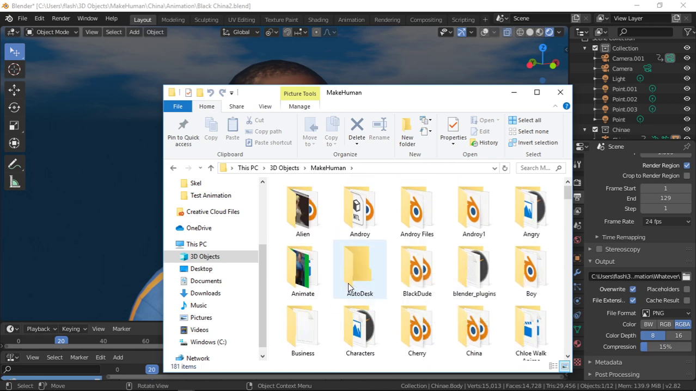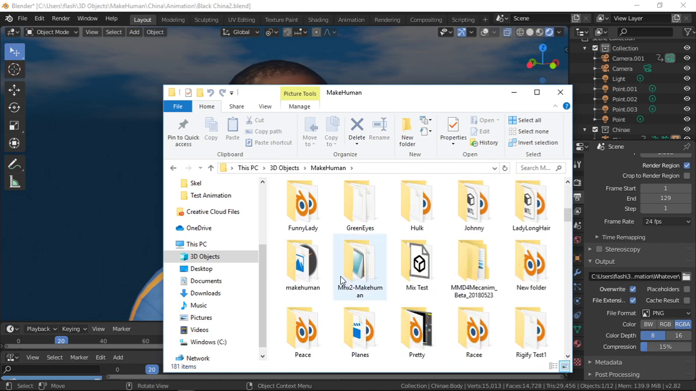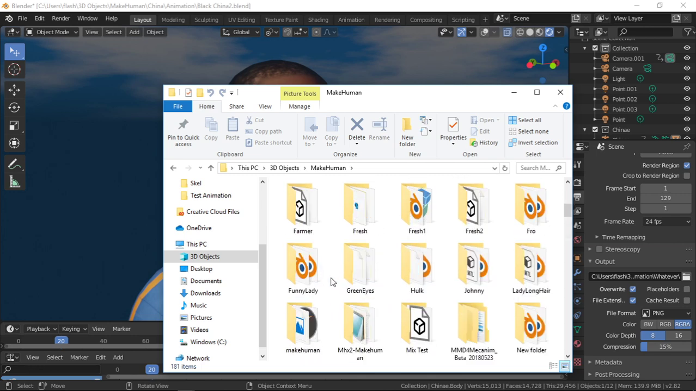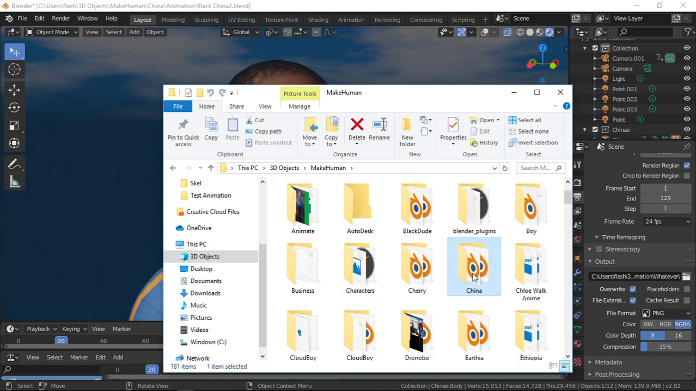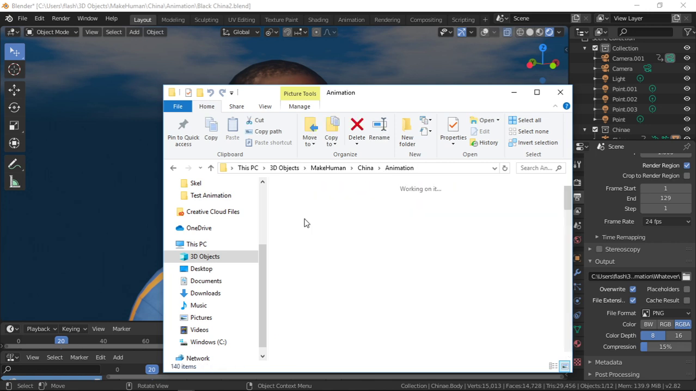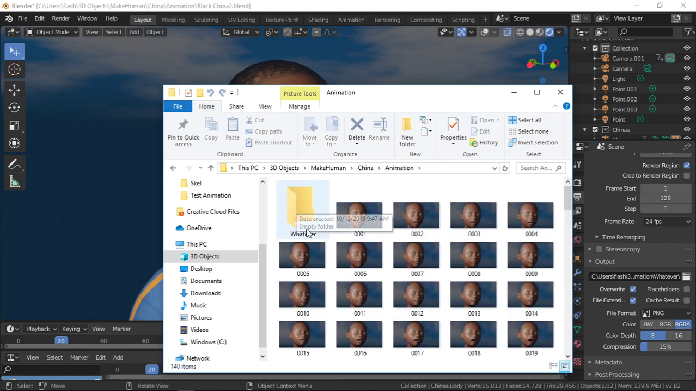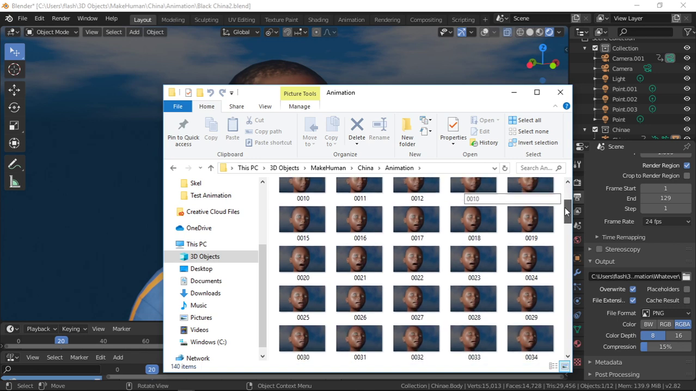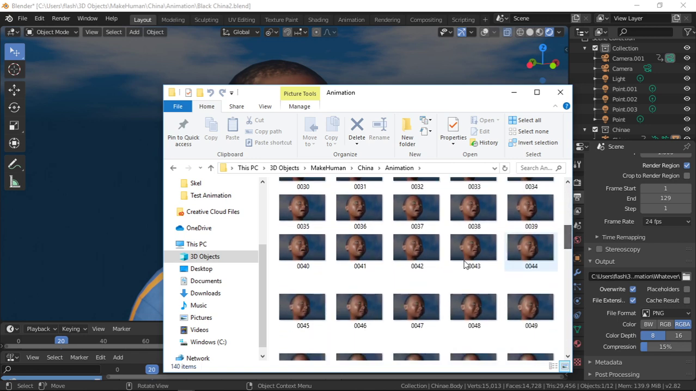Where did I put that thing at? Now I did kind of forget. Oh, China. I think it's China animation, and there we go. So you see it says whatever. Now as you can see, we have some keyframes already built in, and this is how the animations actually work